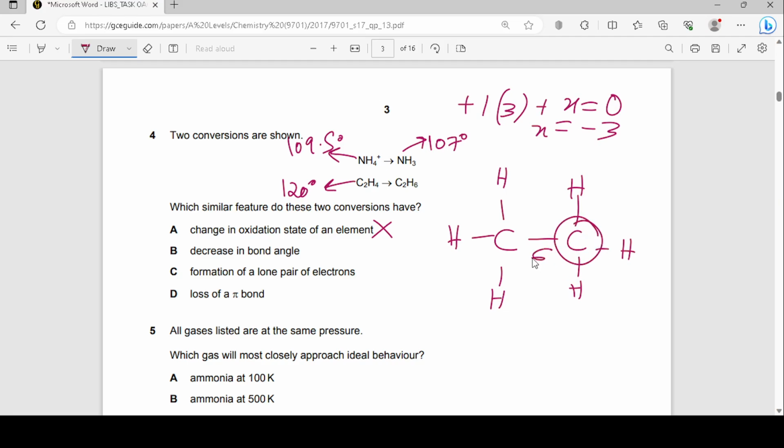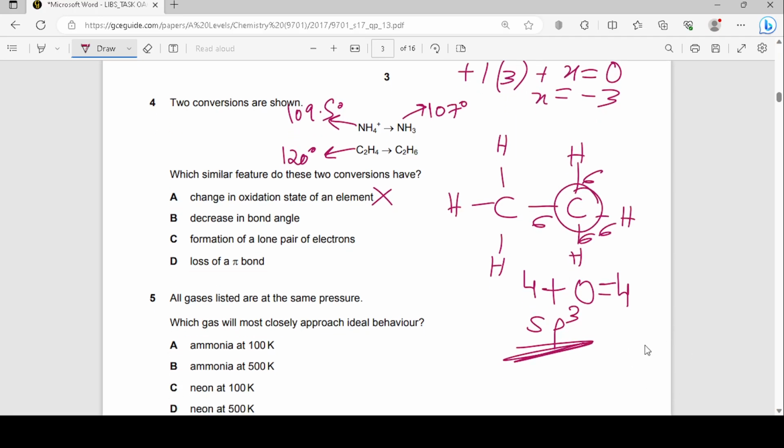Now, how many sigma bonds are there? One, two, three, four. So if there are four sigma bonds, then firstly I have four bond pairs, and then lone pairs, because carbon has four valence electrons, all of them are used in bonding, so there are zero lone pairs. And so my steric number, which is the number of sigma bonds plus lone pairs, is four. So therefore, because it's four, I'm going to have sp3 hybridization, and because there are no lone pairs, my bond angle will be 109.5 degrees, and it will be a